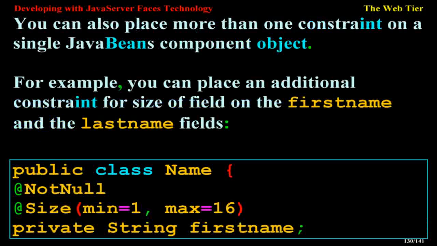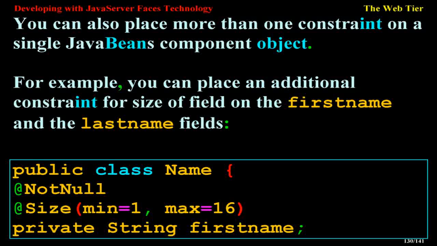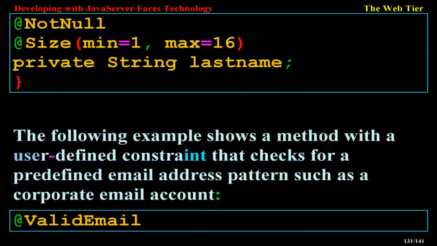You can also place more than one constraint on a single JavaBeans component object. For example, you can place an additional constraint for size of field on the firstName and lastName fields. public class Name { @NotNull @Size(min=1, max=16) private String firstName; @NotNull @Size(min=1, max=16) private String lastName; }